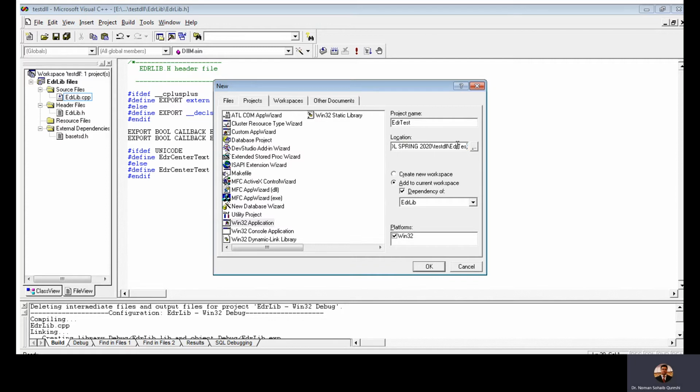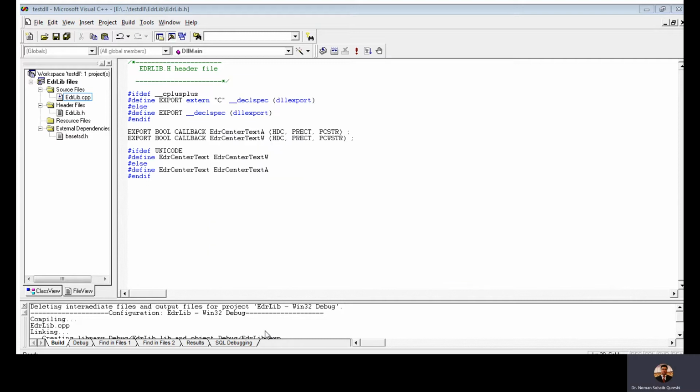Now we are going to do another tweak which is written in the book so that we don't have to explicitly copy the header file. We are going to change the path of this new project to the same as the previous project. Okay, so that was test.dll Win32 application. As you can see that the source file is in edrlib.